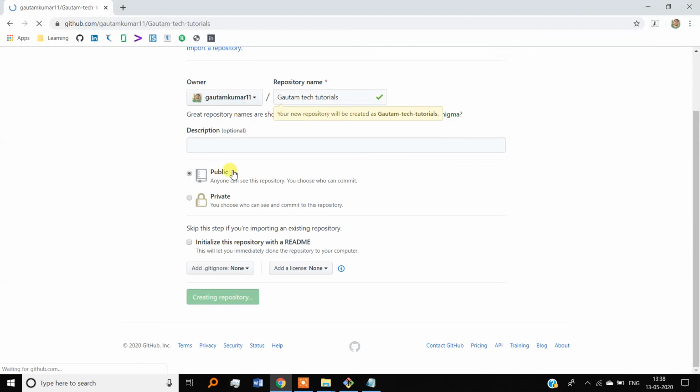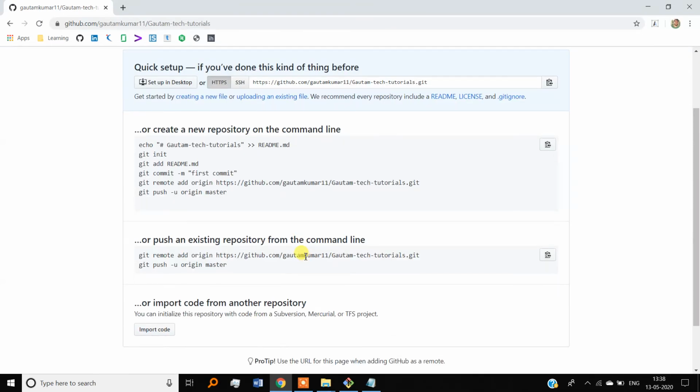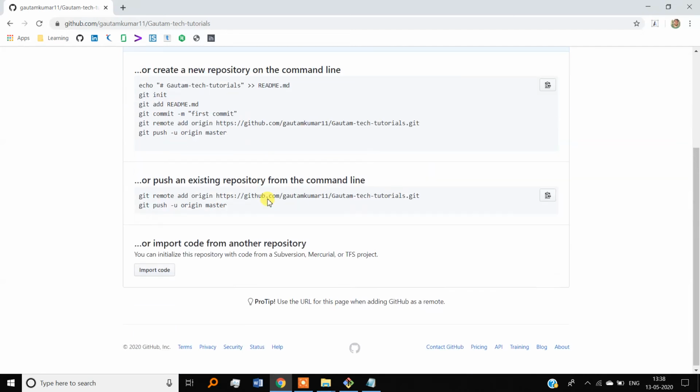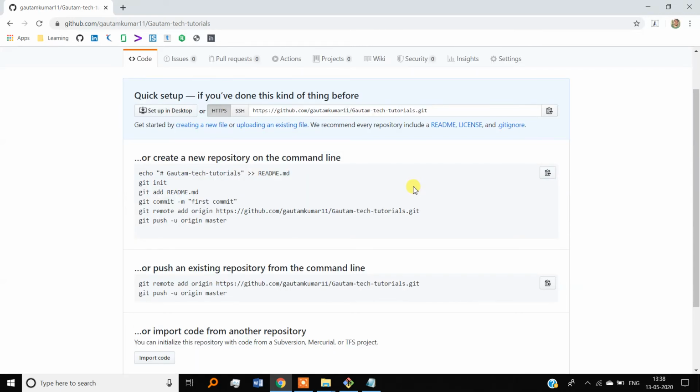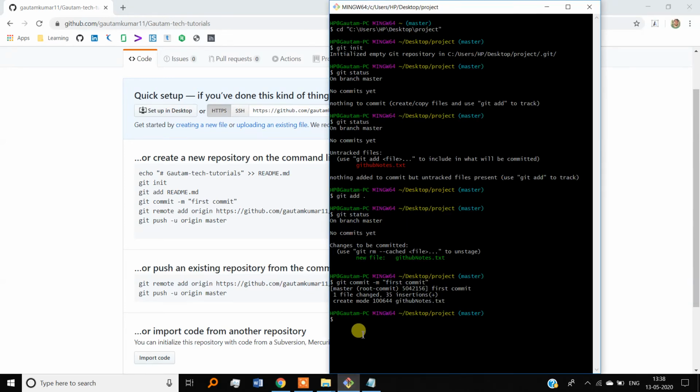It's optional. So here GitHub provides us some commands to push the project file into GitHub. We can see here. Now we need to copy the URL of our repository created in GitHub, and go to Git and type git remote add origin and paste the link here.